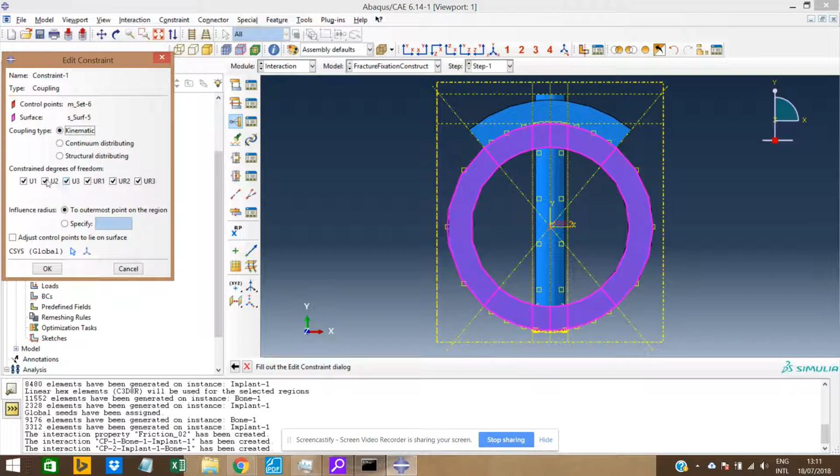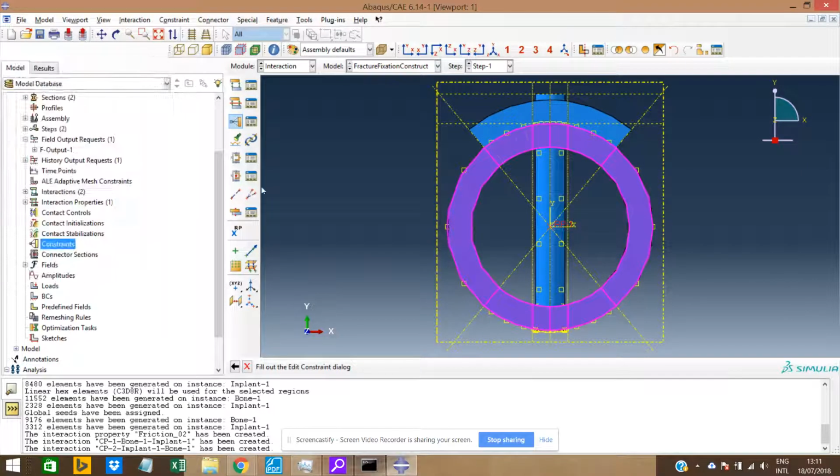I want it to be a kinematic coupling, but this part is essential for the best results. You just want to tie them around U3, which is the Z direction, such that they have the same displacement in the Z direction and around the x-axis, because the moments are being applied around the x-axis, right? This axis here, coming outside of the plane, I described it earlier, around the x-axis in this plane,